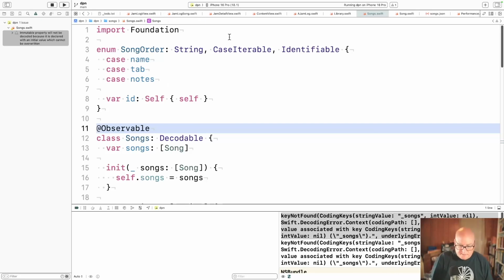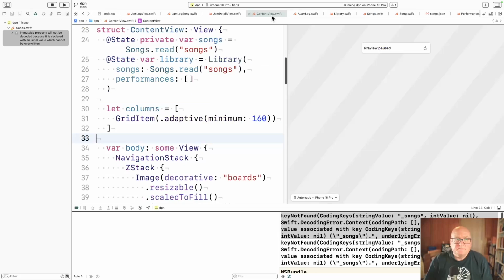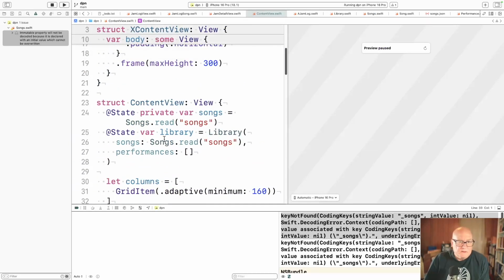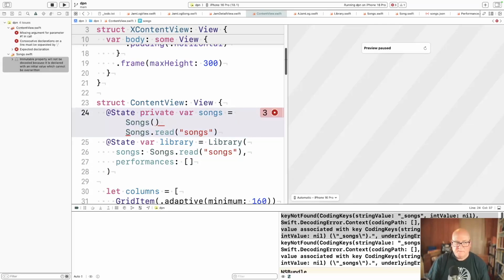I guess content view, right? Okay, so we have a songs that does songs.read, and library also does songs.read. Commenting out the first read file. Can we do that? No.